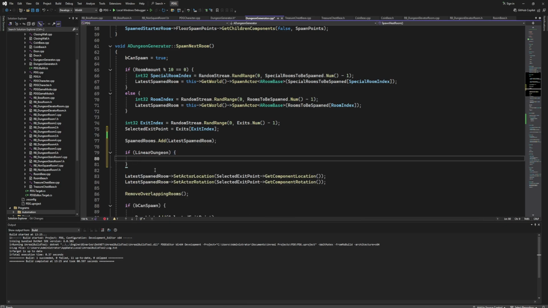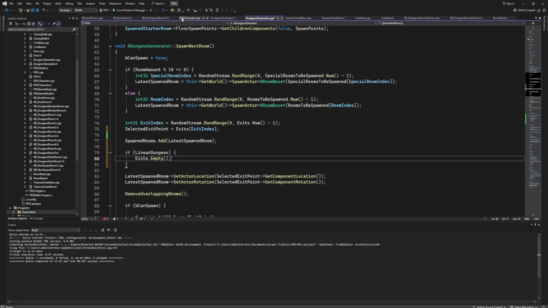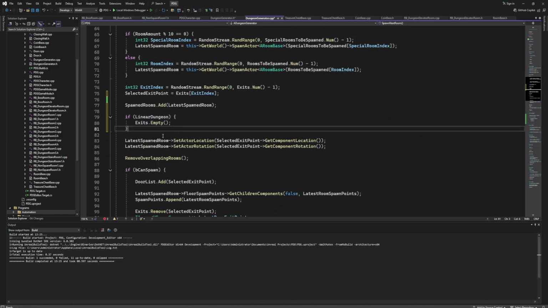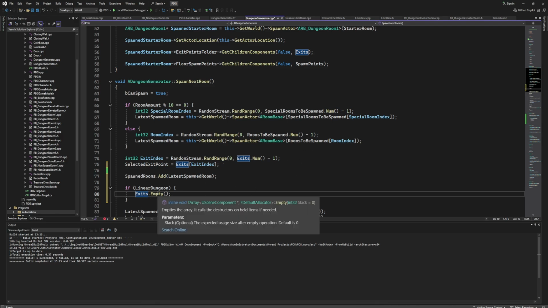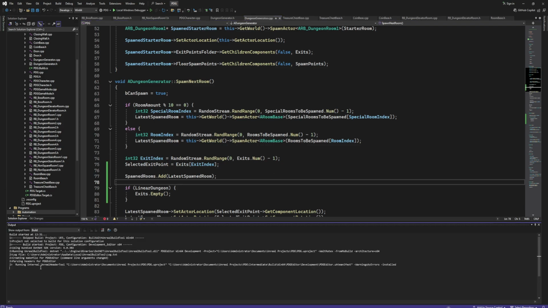So we are using the truthy value, and if it is, each time we are calling this spawn next room function, we are going to basically empty our exits array. In that way, from each room we are going to get just one selected exit point,